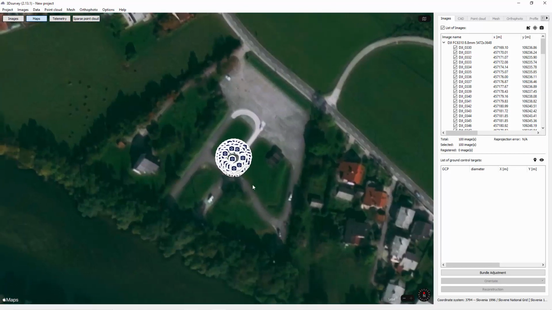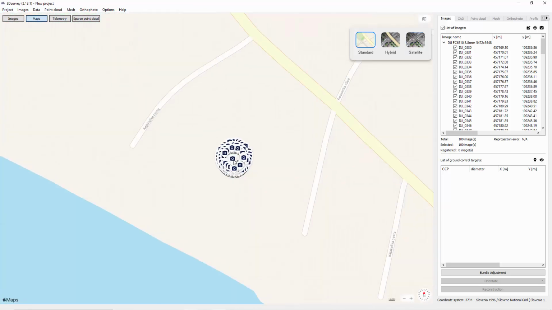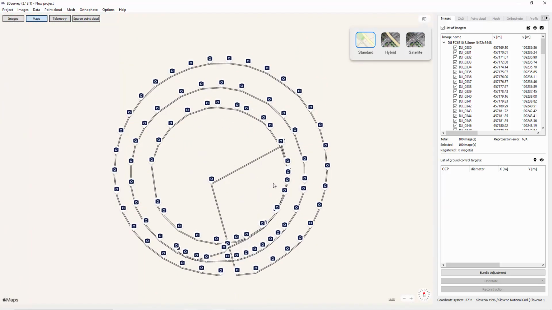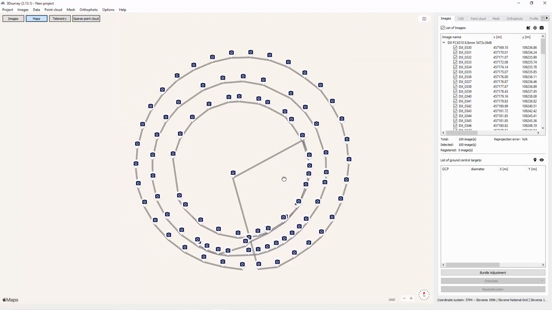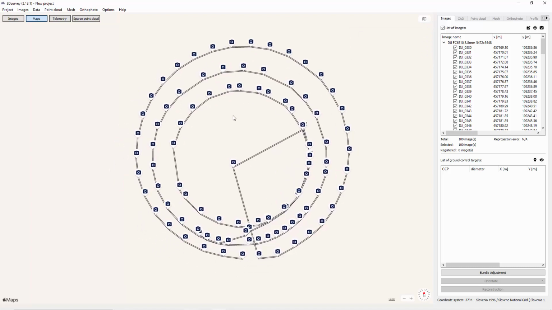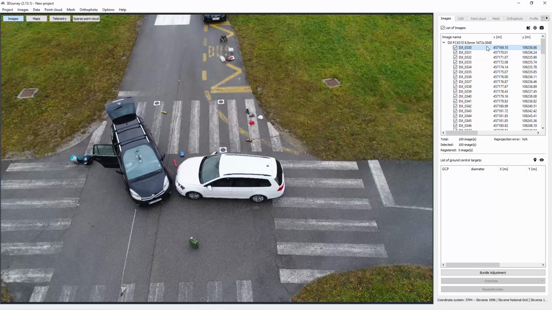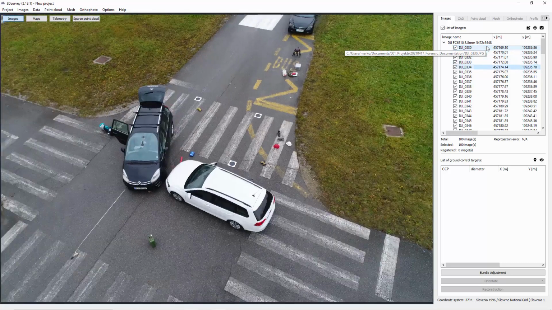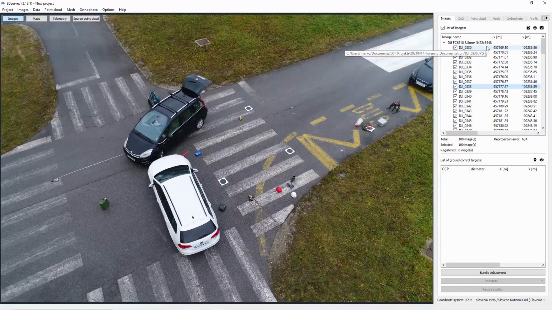Actually, it was a bit lower here. If I switch to standard view, I can zoom in, and you will see those three circles, how the drone nicely flew and triggered images. If I click on the image tab, I can also see my images which are already imported in 3D Survey. I didn't mention before